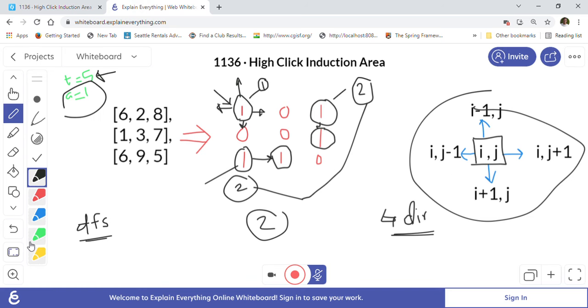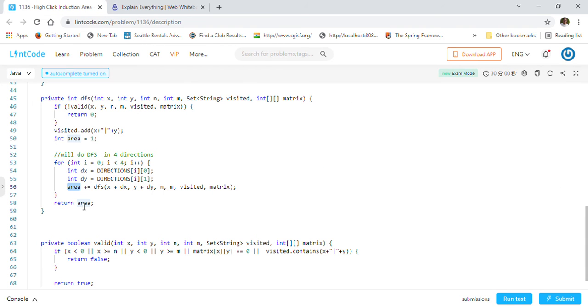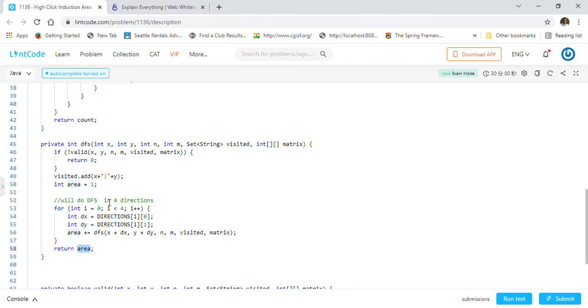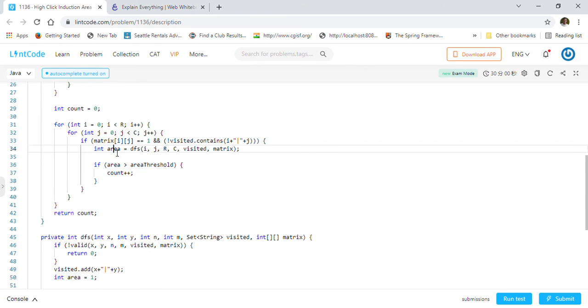right? For example, if you look at this, from this cell it will calculate this area as 2, from this cell it will calculate this area as 2. So that's what it is doing, and at the end it will return the area. And once we get the area here, after the DFS is done on that cell, we will check if it is greater than our threshold,